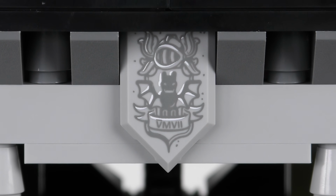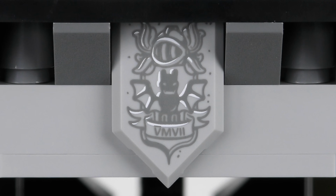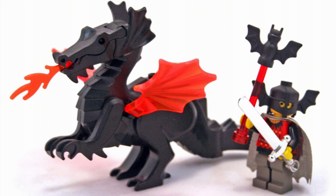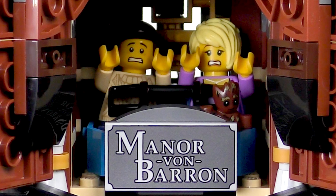The shield is inspired by a sub-theme of LEGO Castle called Fright Knights. The really cool thing however is the bat symbol and the Roman numerals. I had to go back to school to figure this out, but the Roman numerals VMVII are actually a reference to a LEGO set. It's set number 6007, Batlord from LEGO Fright Knights. Beneath the shield near the top of the tower we have a pair of very innocent looking doors. Innocent looking until...